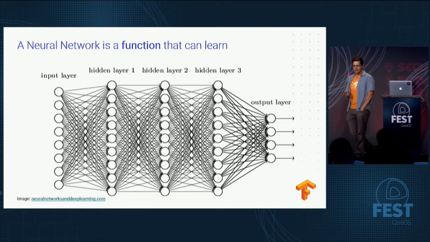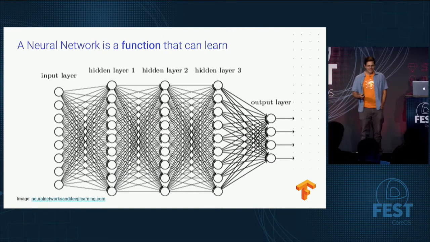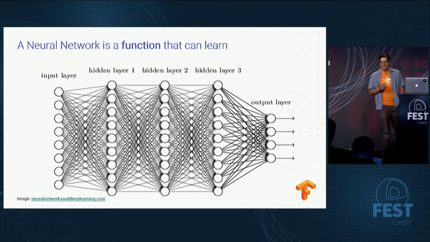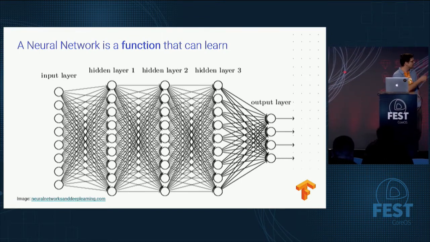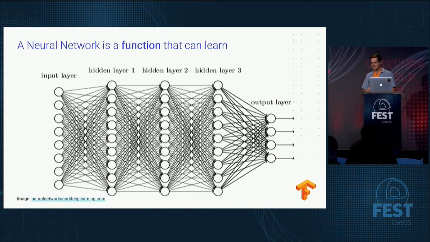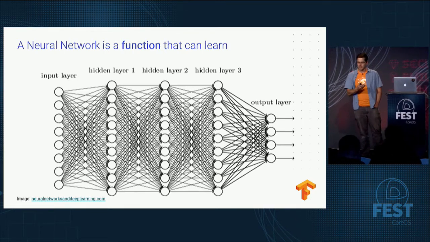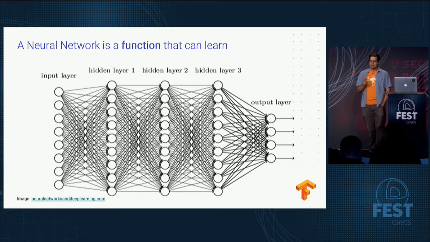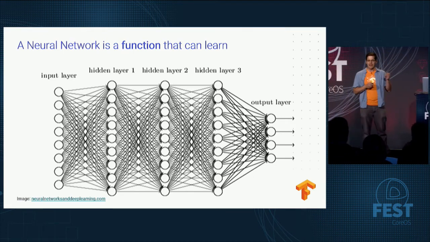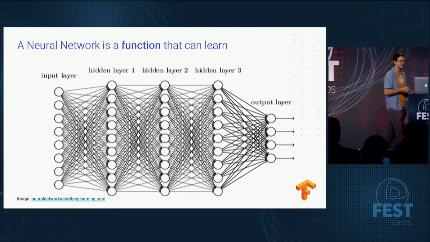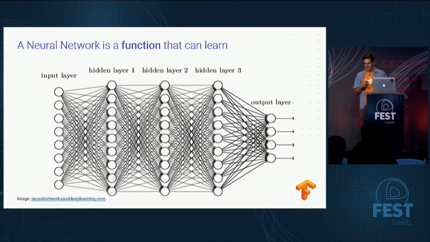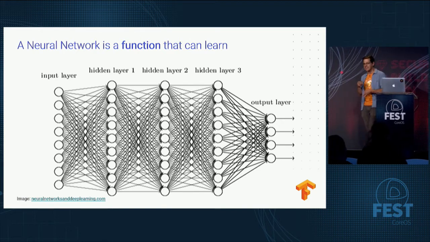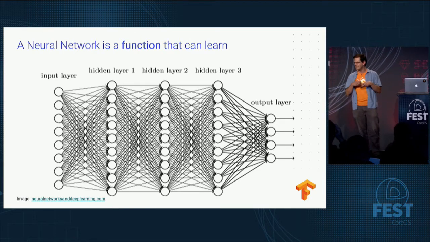All right, so how does deep learning work? Mostly, it's just a question of having many layers of these neurons. I mean, they call this a neural network. It's a function that can learn. Right? You stack up layers of these simple weighted connections, and each node in the layer sums each of its inputs multiplied by the weight on the connection, and then it applies a nonlinear function to the result. We have optimization procedures that can look at this calculation and automatically adjust the weights to achieve the result you're